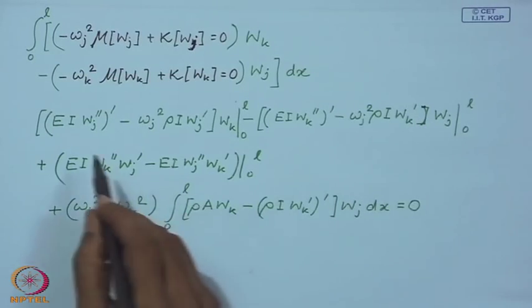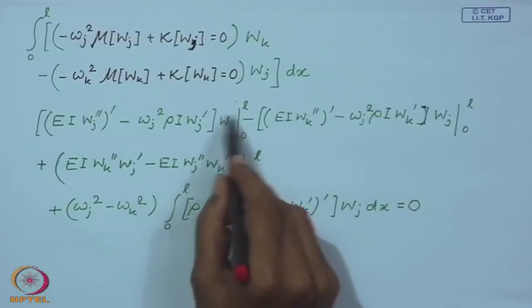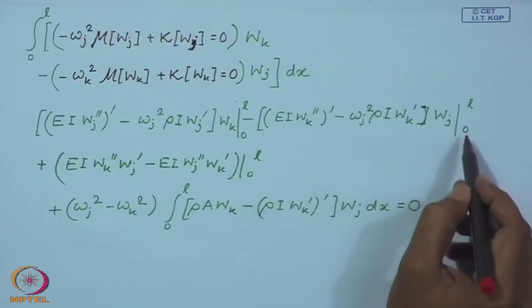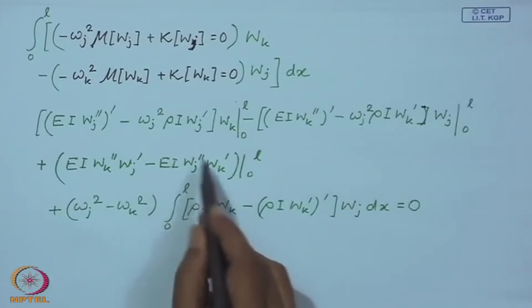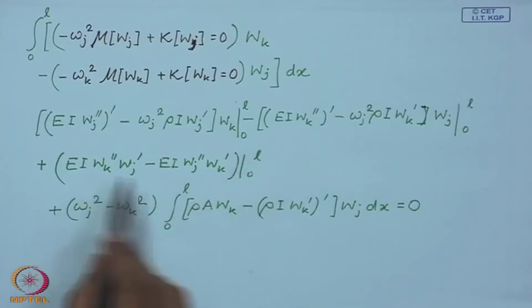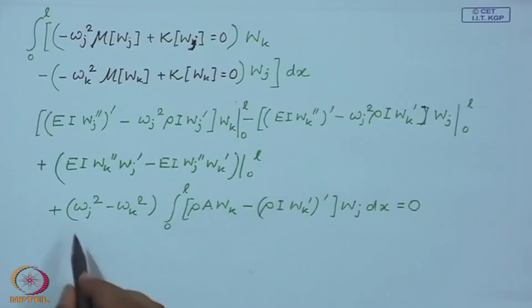Now, if you use the boundary conditions of the problem, suppose simply supported, then the displacement is going to be 0 at both 0 and L, and the bending moment is also going to be 0 at 0 and L. So, these boundary terms all vanish, and what you are left with